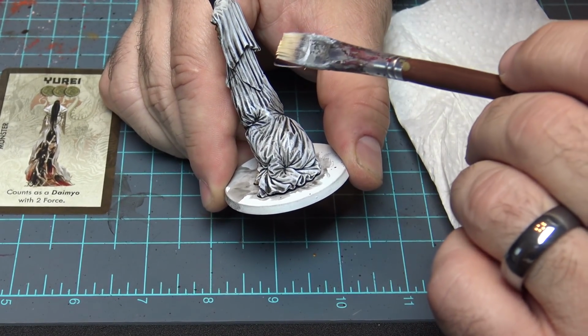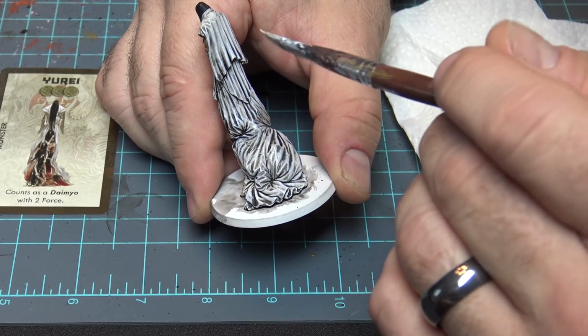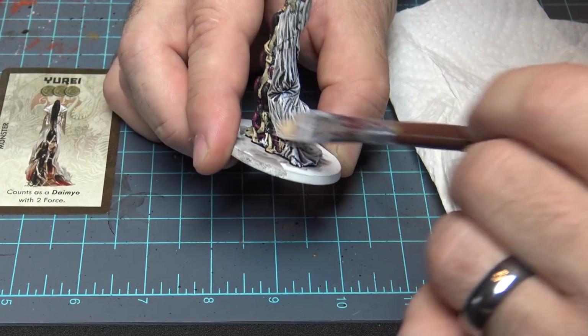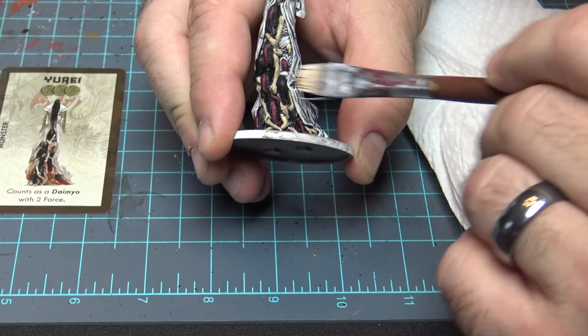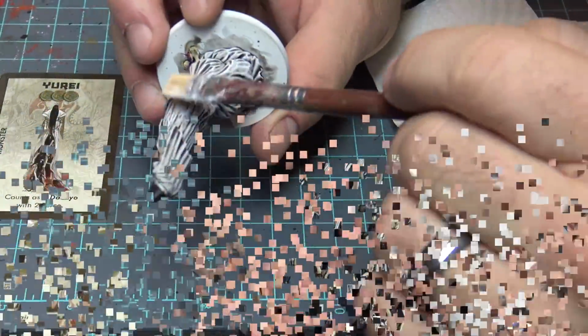when I was drawing it out, you don't want to get in the recesses. We have stuff in there. We have stuff in the grooves. What you want to do is just hit the high points. And all we're doing is trying to hit the high points here to bring out